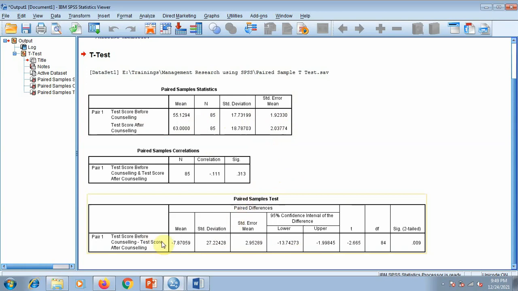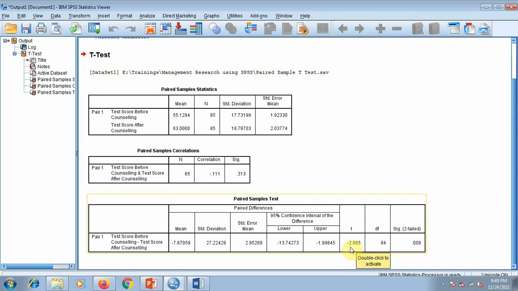Here the paired sample t-test is available, the score, and this is the mean difference. But the more interesting thing we want to test here is the t-value. Generally the rule for the t statistic is if it is more than 1.96 in absolute terms, we can consider it as significant. So here, even though it's minus, the minus does not matter, it's absolute.